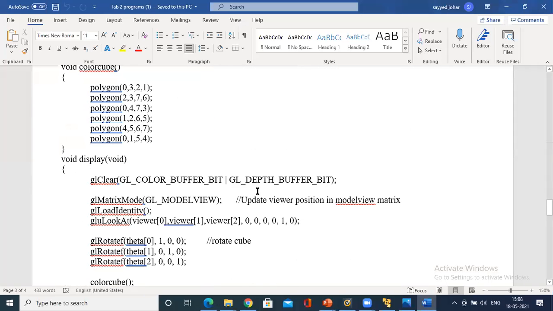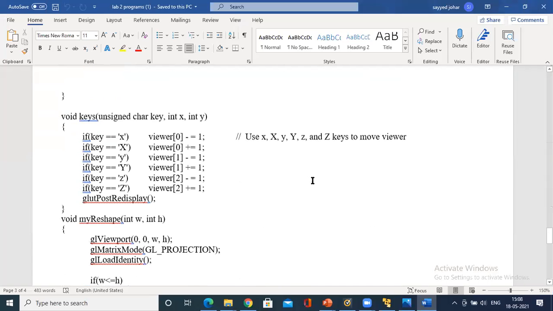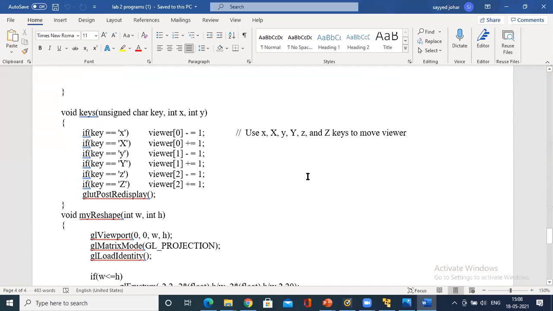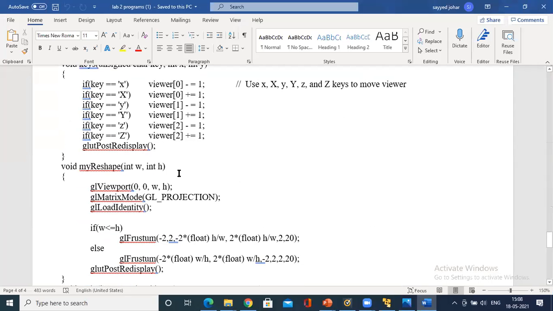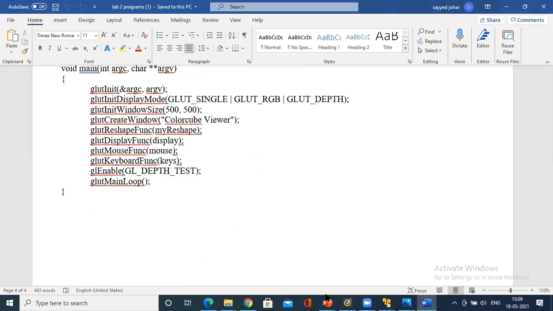This is regarding the perspective view, how the viewing concepts could be implemented over here. On pressing the X button continuously, the viewer location will change. Maybe we'll see a simple class on this to execute this, rather than doing it right now. Do you have any doubts on this?